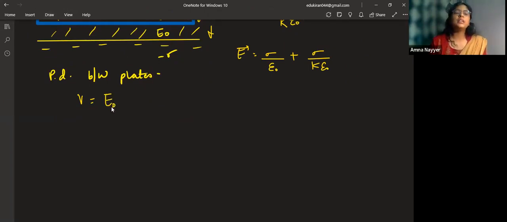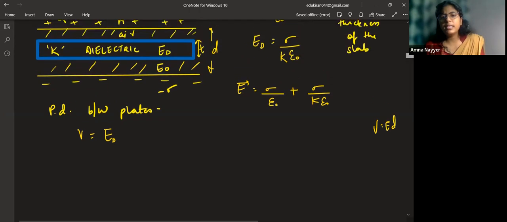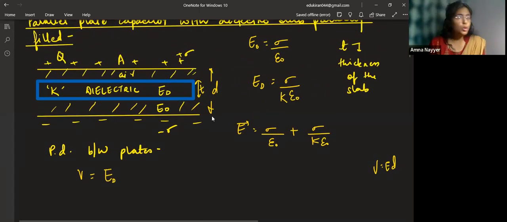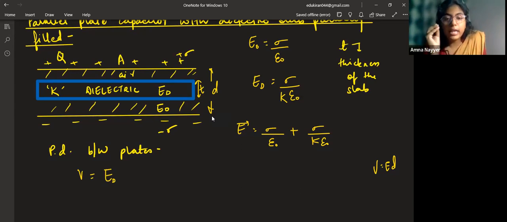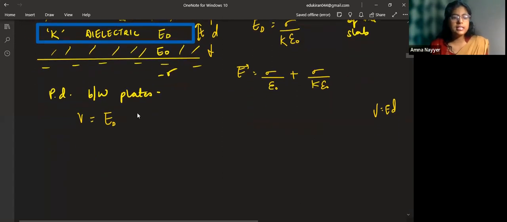electric field due to the dielectric slab multiplied by the distance, V is equal to ED is the formula, class. Electric field due to the dielectric slab multiplied by, will we still write this entire separation as the distance? No. The dielectric slab's thickness we will write. Electric field due to the dielectric slab is associated till the thickness only. So electric field of the dielectric slab multiplied by its thickness, right? Because that is the distance. Potential is electric field into the distance. Fine. Now see, this is multiplied by T. This was still easy here.